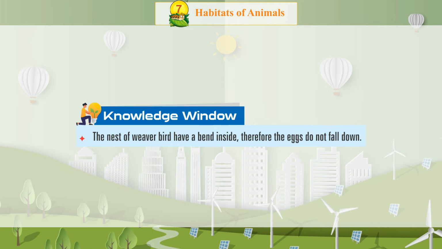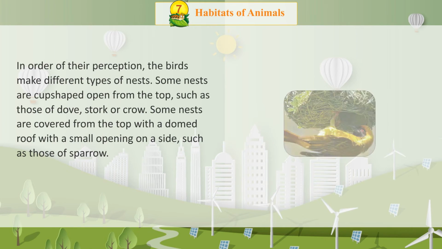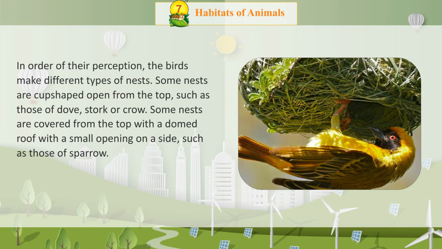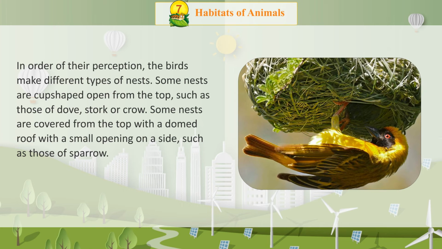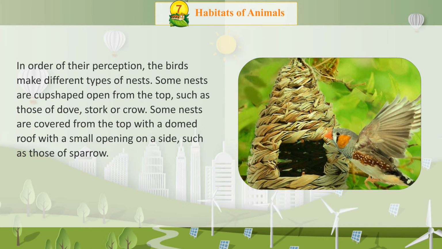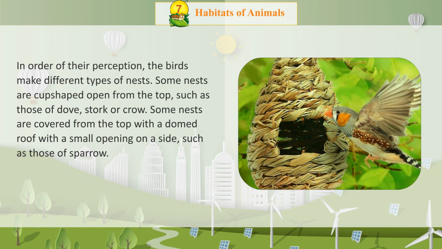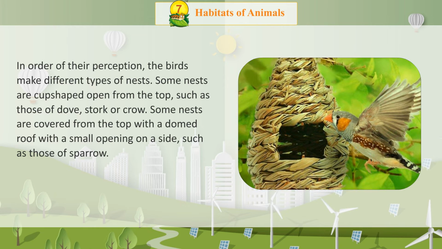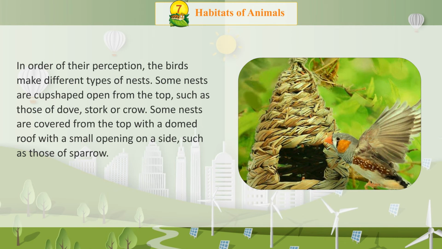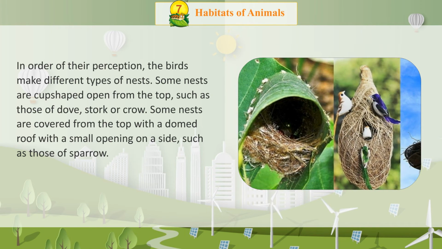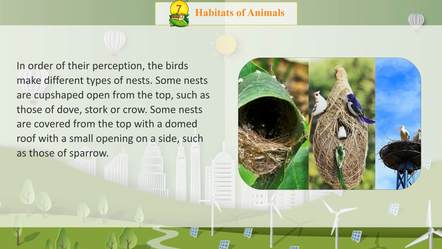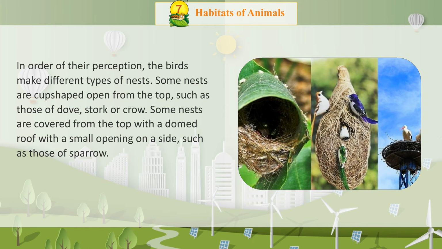Knowledge window. The nest of the weaver bird has a bend inside. Therefore, the eggs do not fall down. In order of their perception, the birds make different types of nests. Some nests are cup-shaped, open from the top, such as those of dove, stork, or crow. Some nests are covered from the top with a domed roof with a small opening on a side, such as